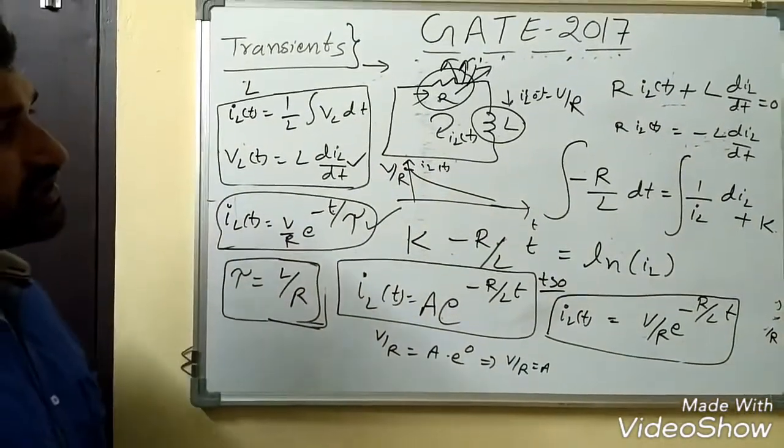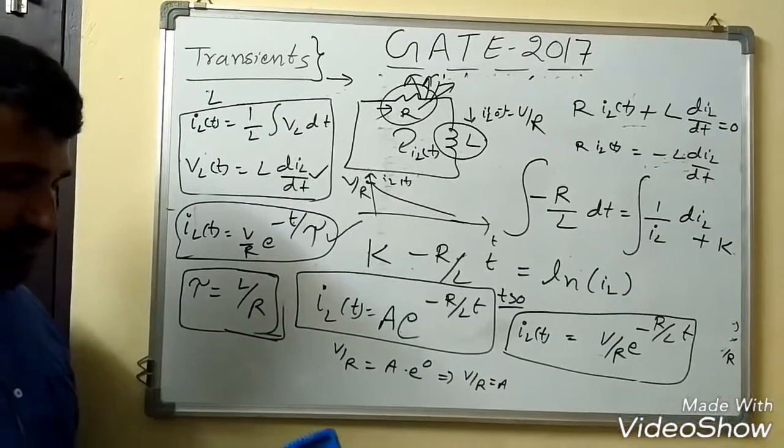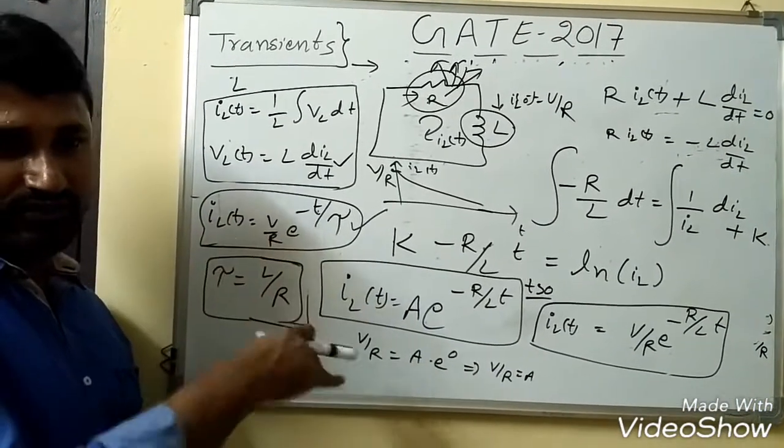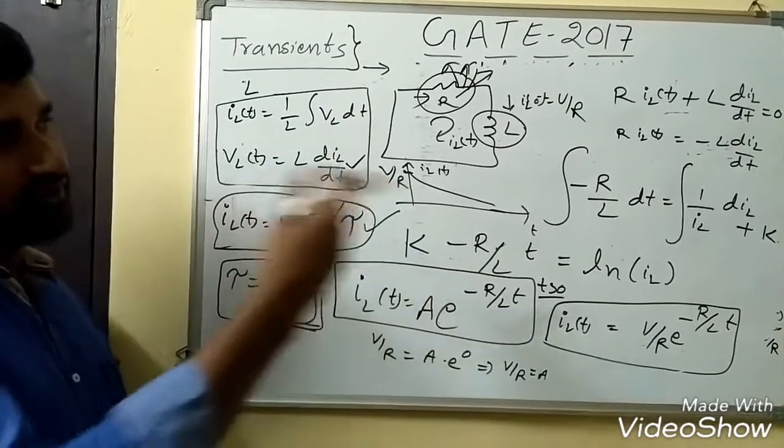Right? In the next lecture, we will see the circuit with a source. When t less than 0, there is a source. When t greater than 0, there is a source. How we need to solve